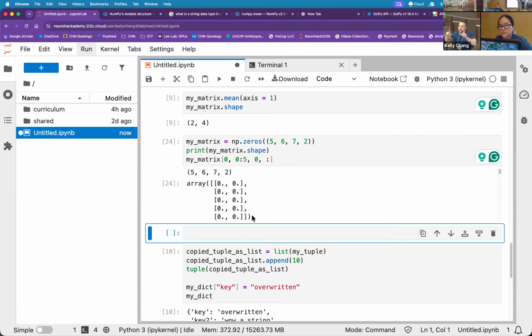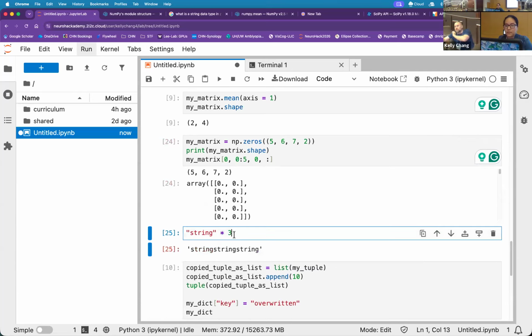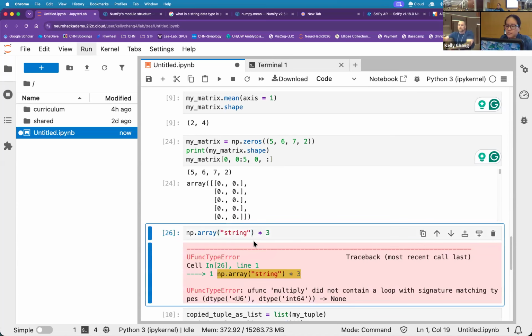I believe if you multiply a string by a number, it will give you that many copies of the string. Yes. String times 2, yeah. It does the same thing with lists, actually. So if you give it a list and say times 3, it'll give you 3 copies of the list. You can put it together.